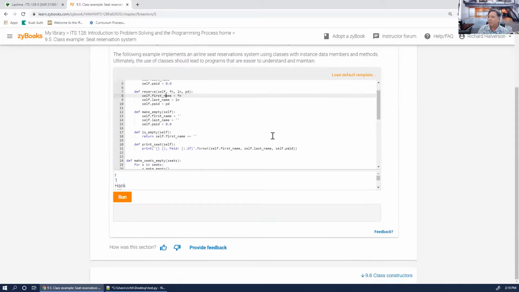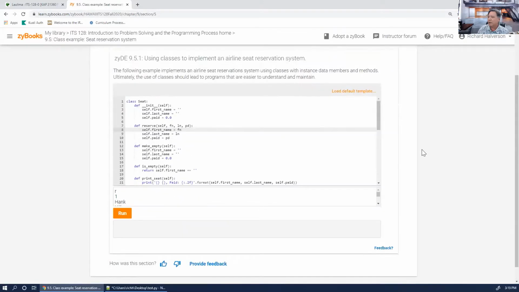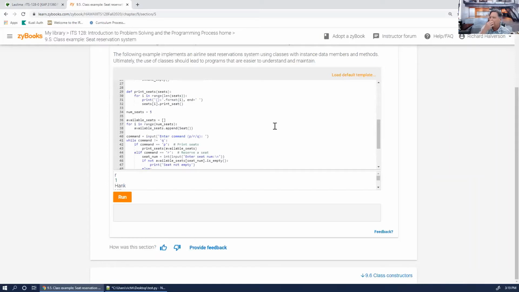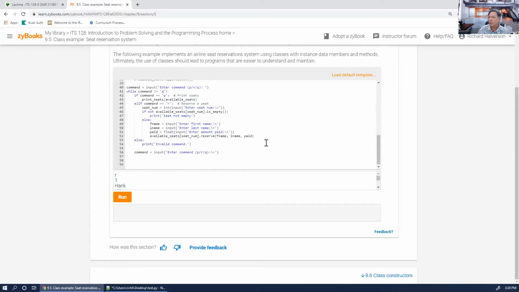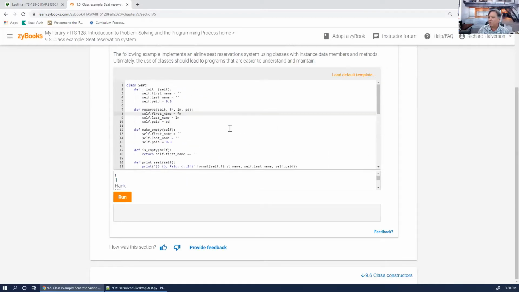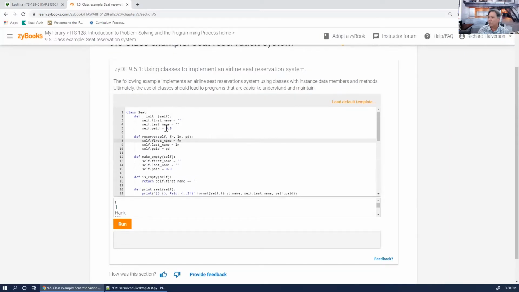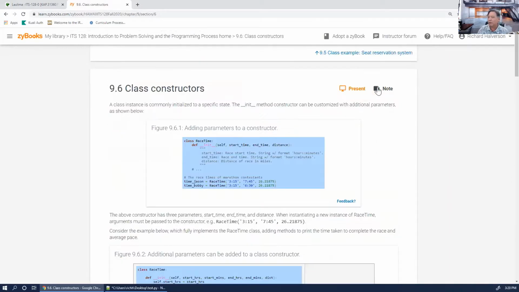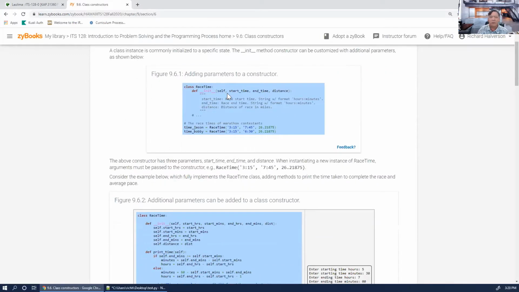But when a seat is created, it's just created as a seat. There are default values, but you can't change those default values. You could still do limited operations on the little data variables that are inside of a particular seat. Okay, so class constructors, this is section 9.6 now, is where we introduce this idea